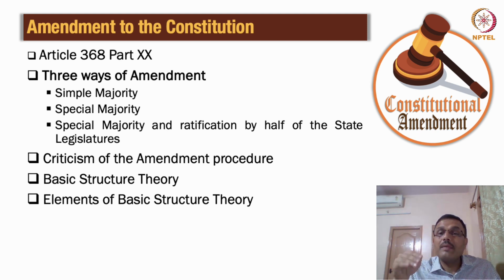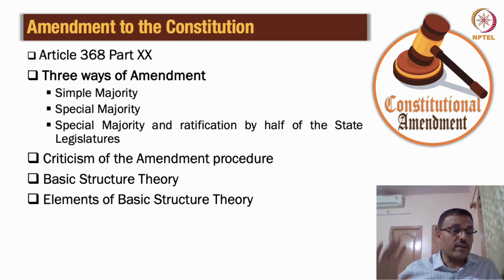So the Parliament reacted very strongly to the Golaknath case, and they superseded the Golaknath case by bringing a new amendment to the Constitution, which is called the 24th Amendment to the Constitution, and said we have all the powers, including taking away your fundamental rights, and you can't include this in Article 13. So they neutralized whatever the Supreme Court decided in the Golaknath case. Now, in the Kesavananda Bharati case in 1973,